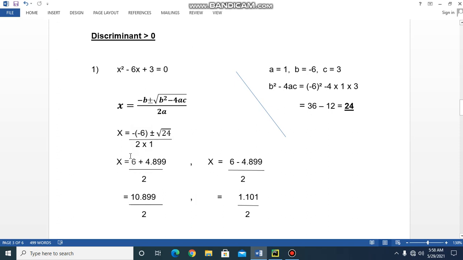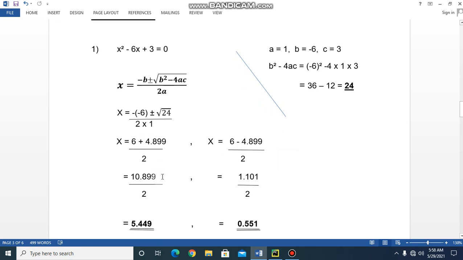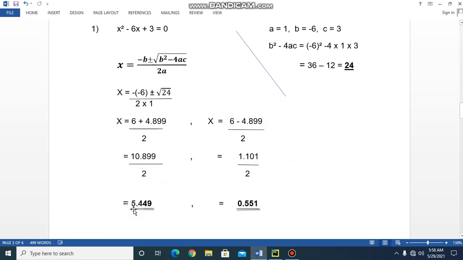So minus of minus 6 is plus 6 and root 24 is 4.899. So 6 plus 4.899 by 2, and the other root is 6 minus 4.899 by 2. So this comes to 10.899 by 2 and 1.101 by 2. If you divide this, you will get 5.449, and here you will get